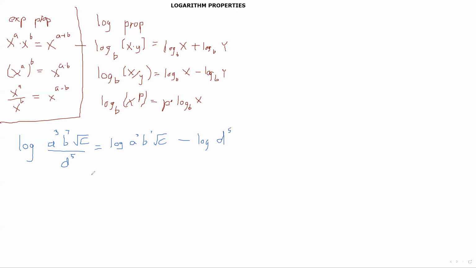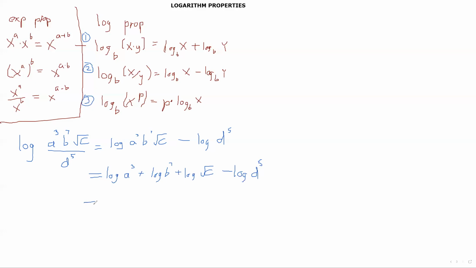And then according to the first property, we can break it apart. We can say this is log of a cubed plus log of b to the 7th plus log of the square root of c, and then we'll bring the rest of it down, log of d to the 5th. And then you can use the third property. I'm going to number these just because we're going to keep referring to them. So property number 3,